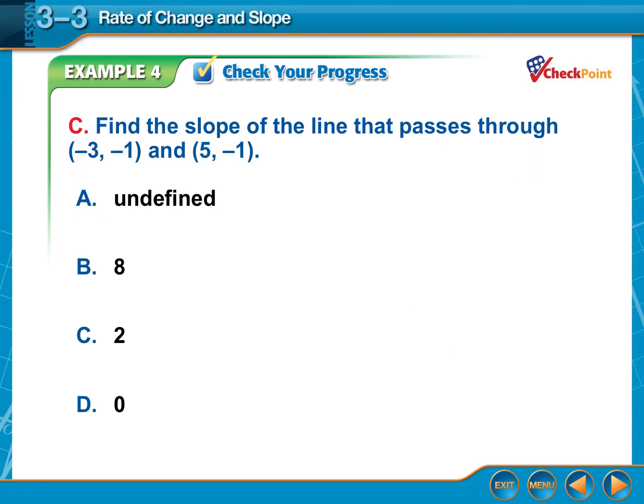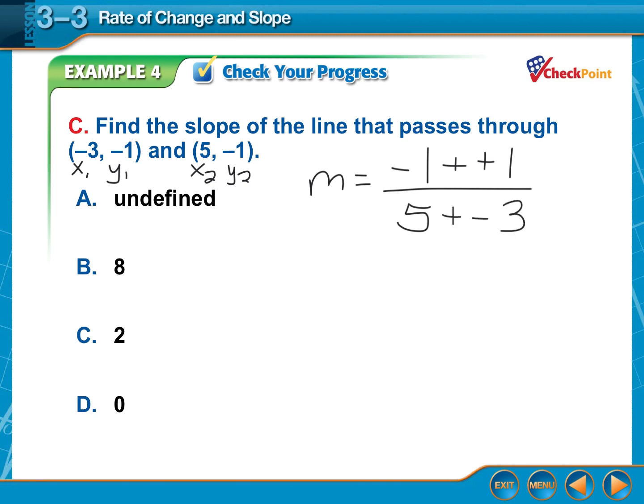What's our first step always? Label. We have X1, Y1, X2, Y2. What's my Y2? -1. What's my Y1? Minus a -1. What happens? Turns into plus. What's my X2? 5 minus -3. That turns into plus. What's -1 plus 1? 0. What's 5 plus 3? M equals